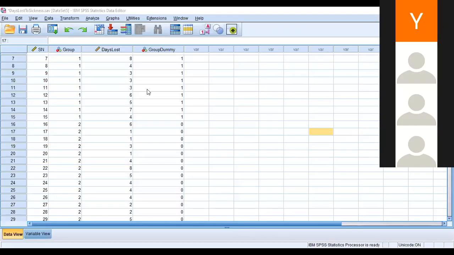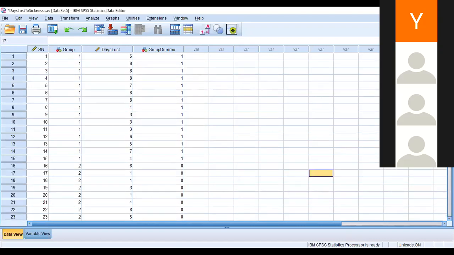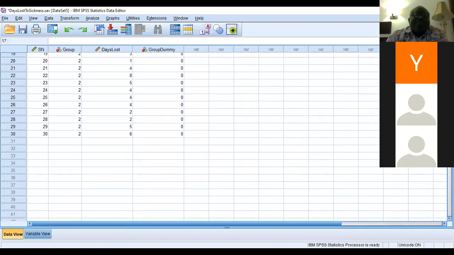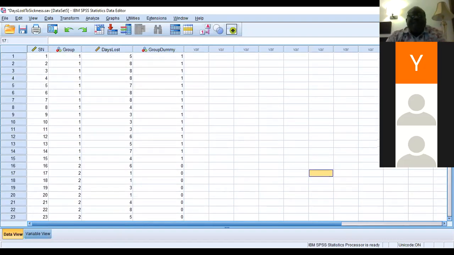So the variable that separates them now is this group. I don't know if you understand me now. Which variable separates them? It is the group. Look at it. We now put the group here. They enter 1 to 15, number 1 to 15 for this. From here down to 30 is for the construction. If you put them in series like that, you must be able to separate them.